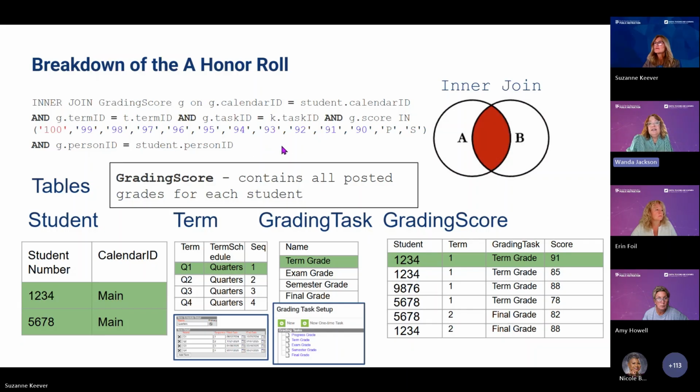Do keep in mind that this is pulling posted grades. So this is the school grading score, which contains all of your posted grades for each student. So make sure that you customize that however you need to. You can see our grading score there is pulling all of our information on the screenshot there. So in our next slide,